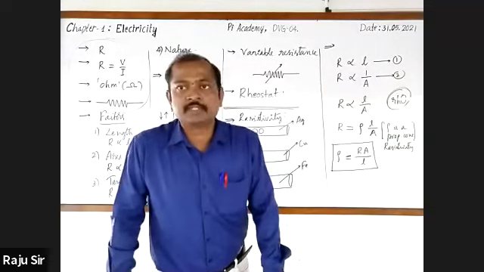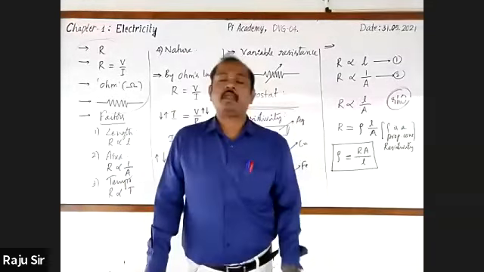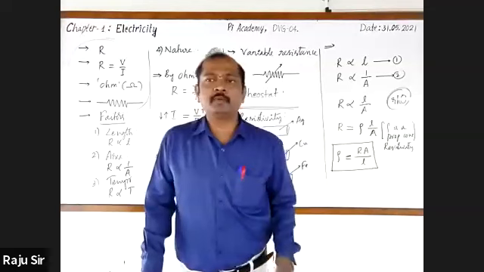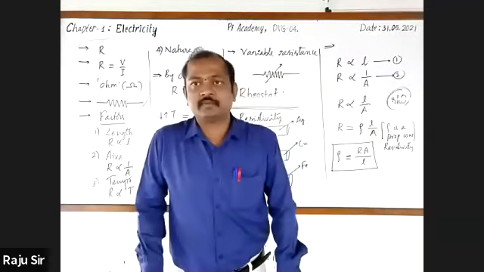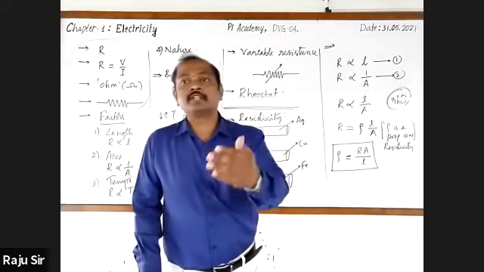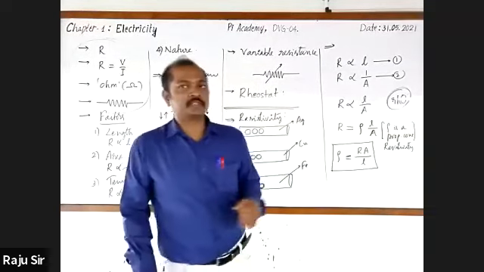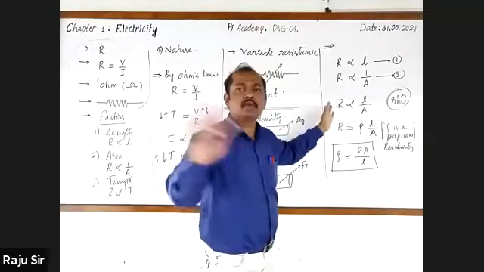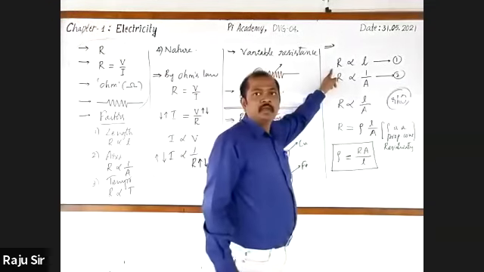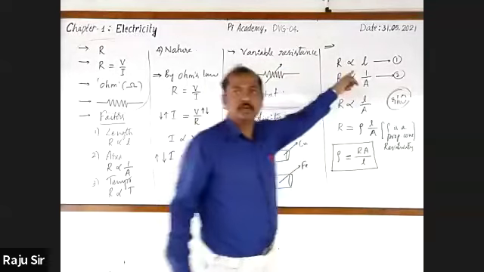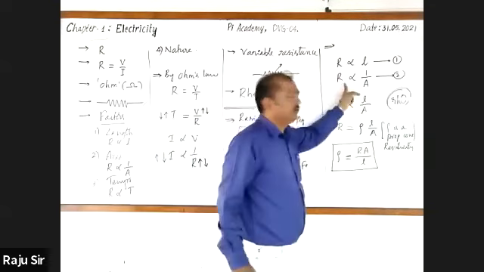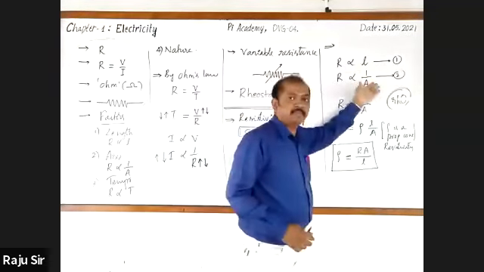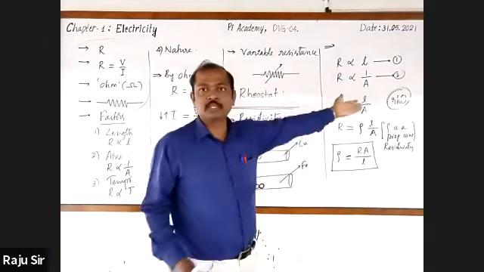In the examination, they may ask you the question: define resistivity. Then, second sub-question, derive the formula to find out resistivity of a conductor. And third one, mention its SI unit. Let's answer one by one. This derivation is so simple. First, electric resistance is directly proportional to length of the conductor. Second, electric resistance is inversely proportional to area of cross section. So from statements 1 and 2, we write R is proportional to L by A.